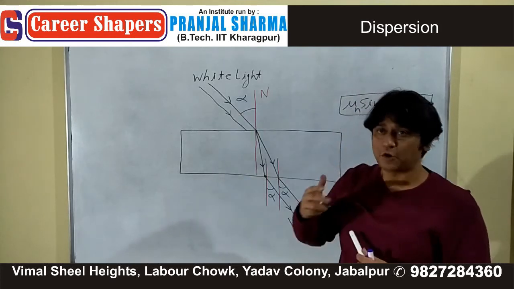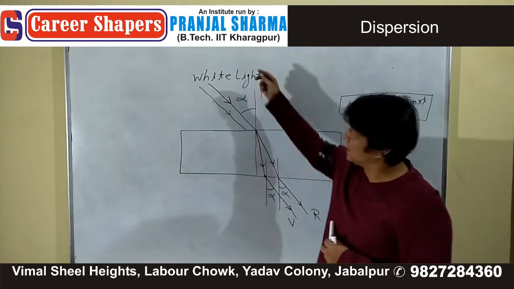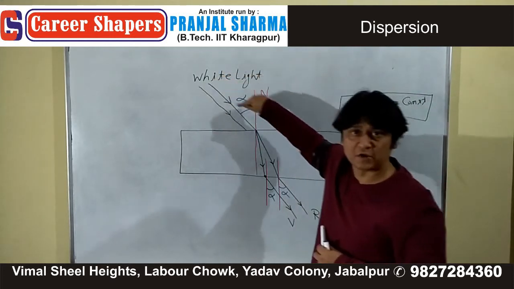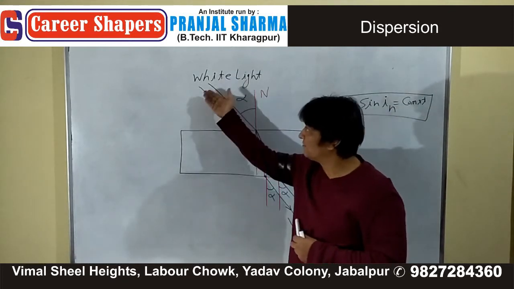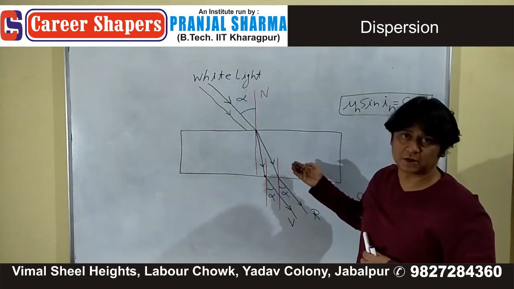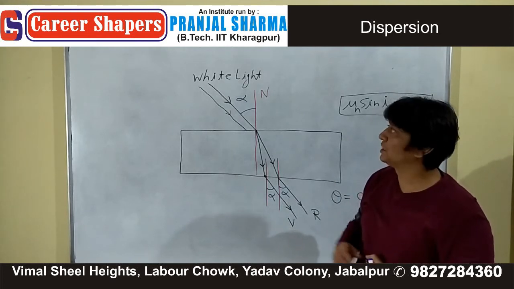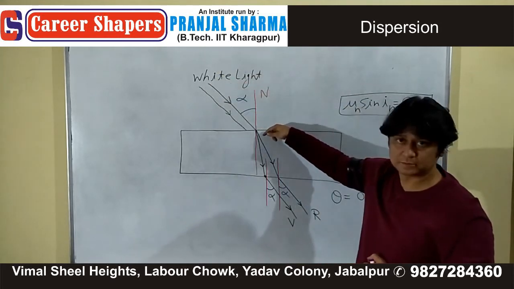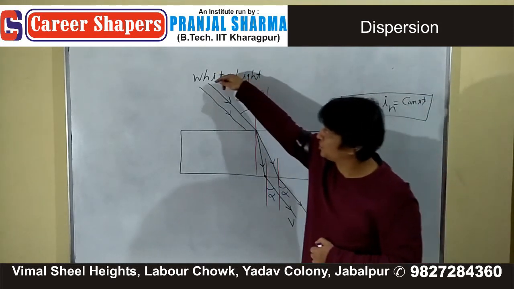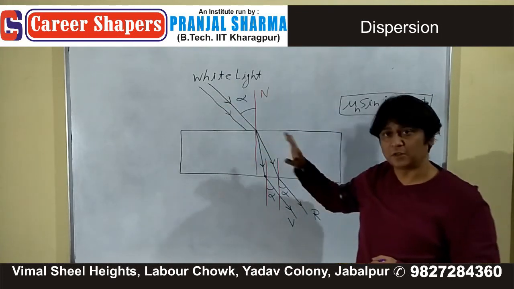You don't have a single beam, only one ray. It is a collection. There are several rays which are coming. If you somehow can create only a single beam, only a thin ray, only one photon, then you will see